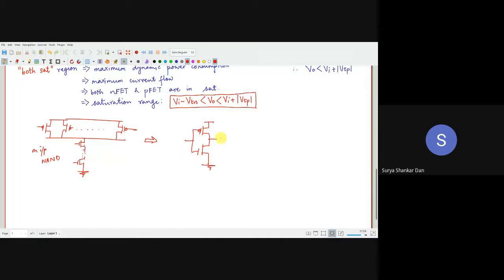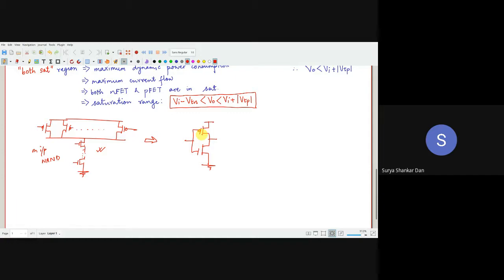This inverter switching, as one of you has rightly said, is going to have a rail to rail swing. Perfect. Of course, this is also going to have rail to rail, by the way, because this is also static CMOS, right? So static CMOS and transmission gate logic will always have rail to rail. So that is not the correct answer. This will always be giving you rail to rail, of course, but at the same time, it is also going to behave like a perfect static CMOS robust circuit and all that.